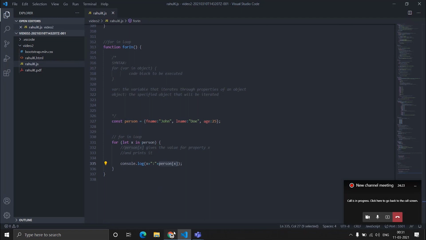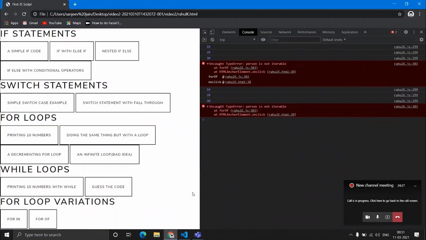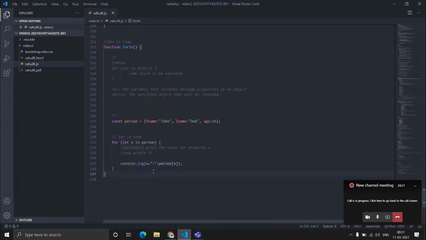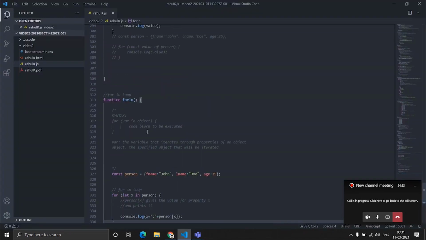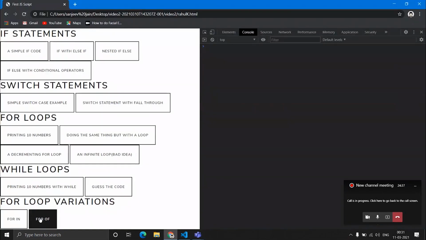So let's see on our console. Yeah, you can see this for in. So fname is John, lname is Doe, meaning these are the keys and these are the values associated with those keys.